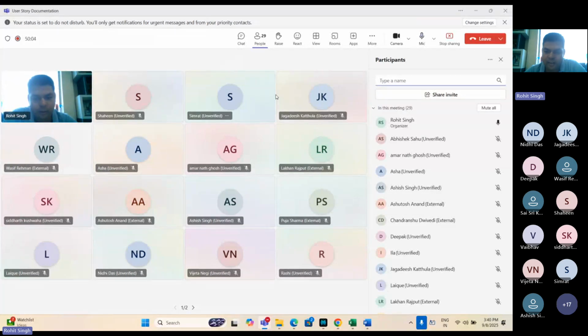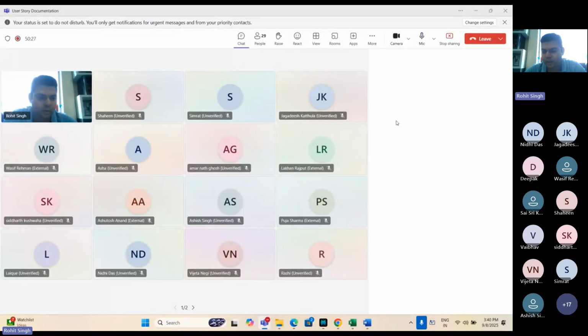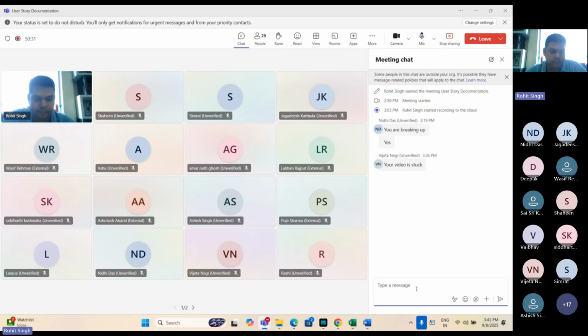Let's say Simrat, you can see my screen, right? CRUD operations means create, read, update, and delete. Supposedly you are using my system and you are Rohit. So I say, Simrat, use that chat feature. Now you tell me what are all the CRUD operations that you can apply in the chat button. So I click on chat. What do you see over here? What's the action that you can perform over here?